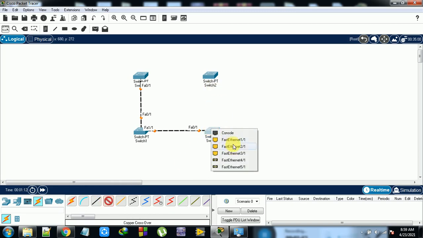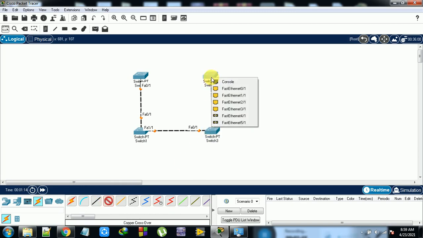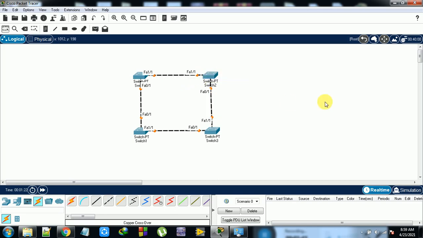Next I connect this one with that one, and one more connection, this one with this one. One connection is already completed, but I want a connection between these two also, because I am doing mesh connection. In mesh connection this is mandatory.